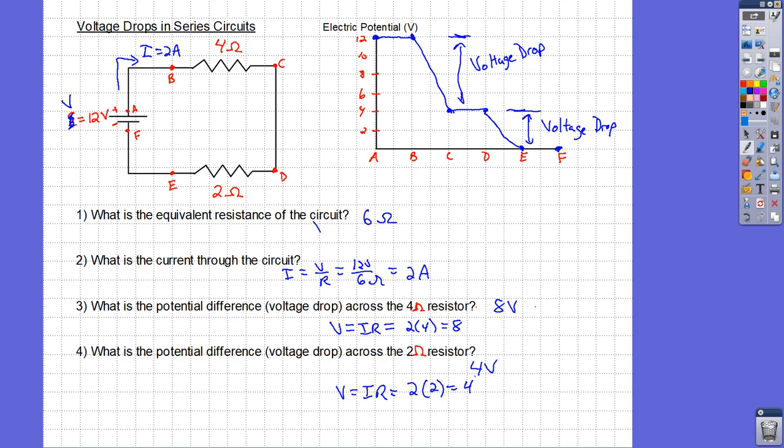So that's a really important thing. Ohm's law can be used on an individual resistor to relate the voltage drop, the current and the resistance, or we can talk about the whole circuit. The current through the circuit is equal to the battery voltage divided by the equivalent resistance. That is also a really useful thing. Now if we look at this in parallel circuits,